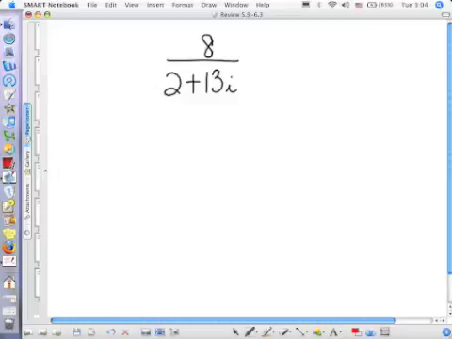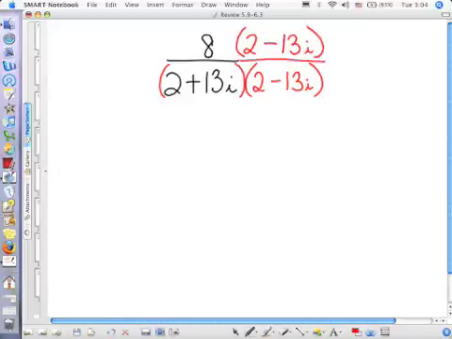Number 11, nothing can be added, nothing can be divided. But we do need to remove the i from under the denominator. We do that by multiplying by the conjugate of the denominator, which is 2 minus 13i. And remember, what we do to the denominator of a fraction, we must do to the numerator to make it equivalent. In the numerator, we will distribute 8 times 2, 8 times negative 13. In the denominator, using FOIL,